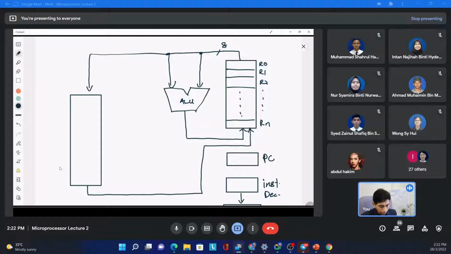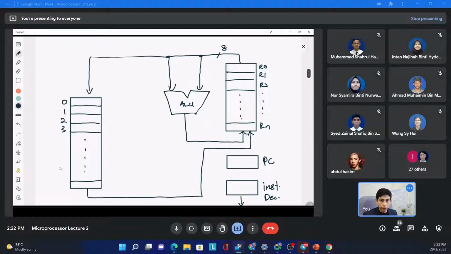And the memory has address, right? For example, this is address 0, address 1, address 2, 3, and so on until the last one here. Okay, so this is a simple microprocessor system,